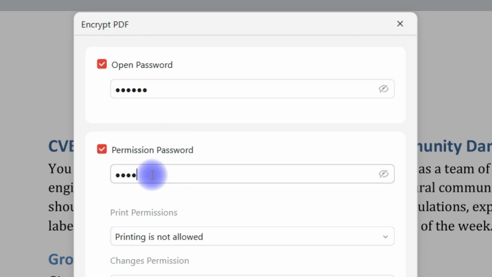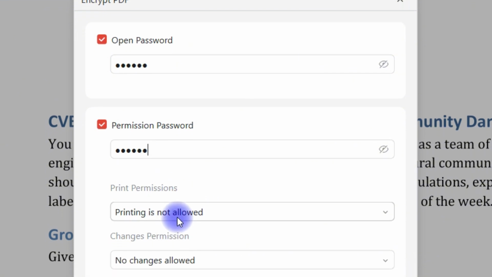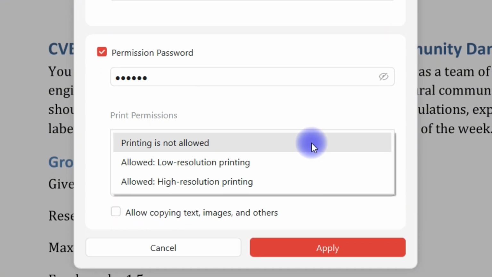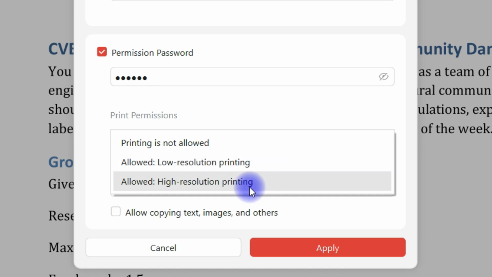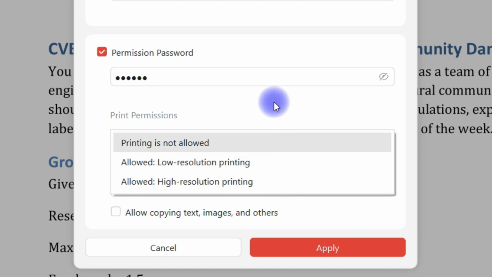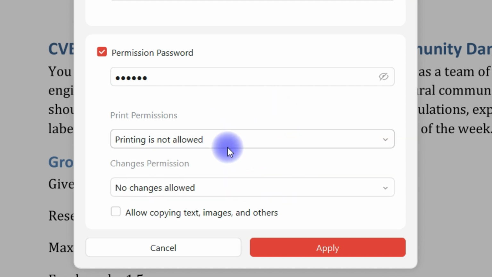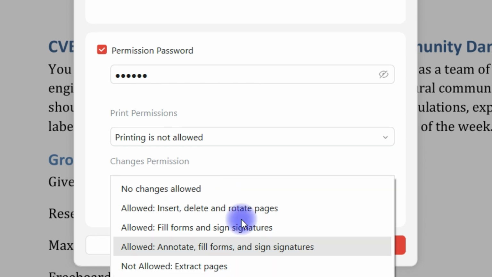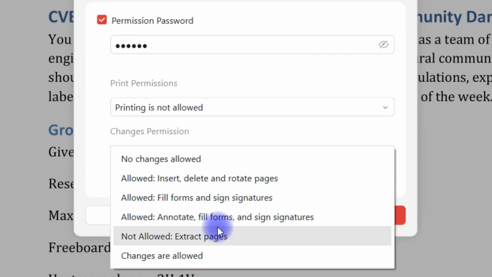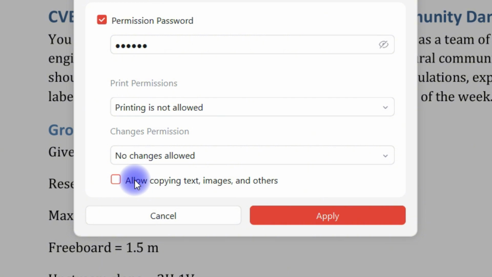So let's say printing is not allowed. You can give the permission, allow low resolution printing or allow high resolution printing. You can give control to the PDF document that you have, whether you allow people to print or not. And then changes permission, you can give the people the control to change or to not be able to change. Allow copying text, images, and so on. You can enable this also if no changes allowed, or you can enable to allow for changes in text, images,